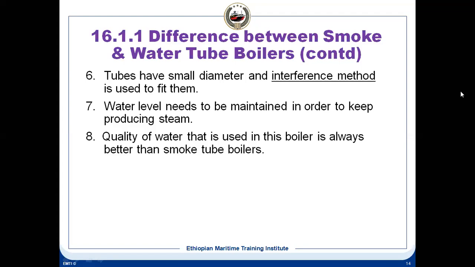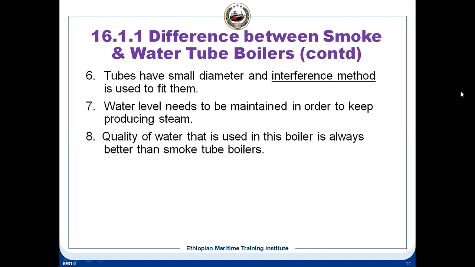And then once the bolts come to normal atmospheric temperature, they enlarge and they fit in the flange very tightly. So that is the interference method, which means basically that the maximum diameter of the tubes is slightly larger than the diameter of the hole in the tube plate. So the tubes have to be shrunk, and then they are pushed into the tube plate, and once they expand, they form a very tight grip, and thereafter they can be welded also.